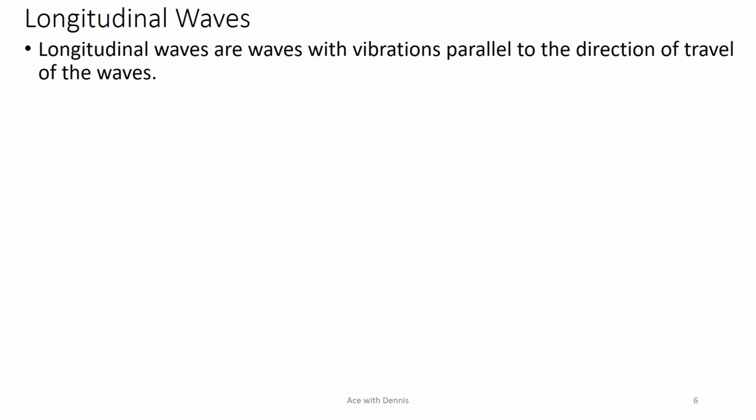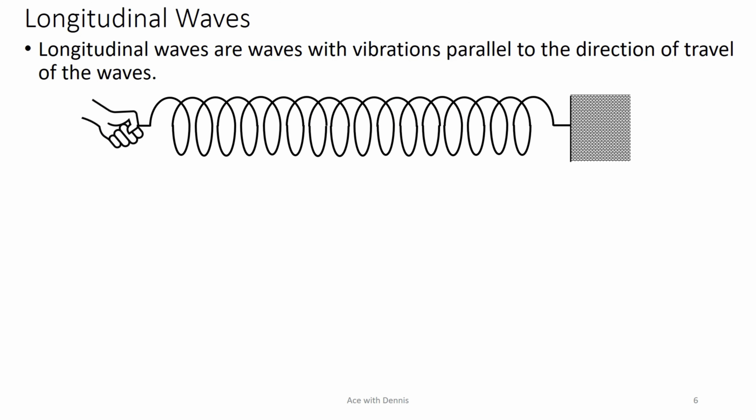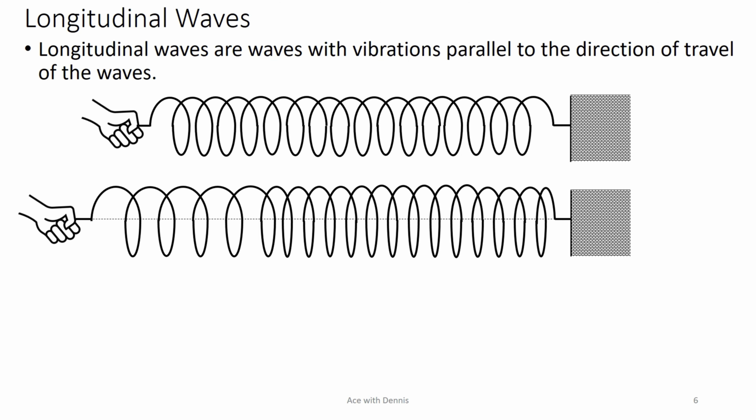Longitudinal waves. Longitudinal waves are waves with vibrations parallel to the direction of travel of the waves. Now let's talk about how to produce longitudinal waves. Imagine you hold one end of a spring and the other end of the spring is attached to a wall. So you stretch the spring,